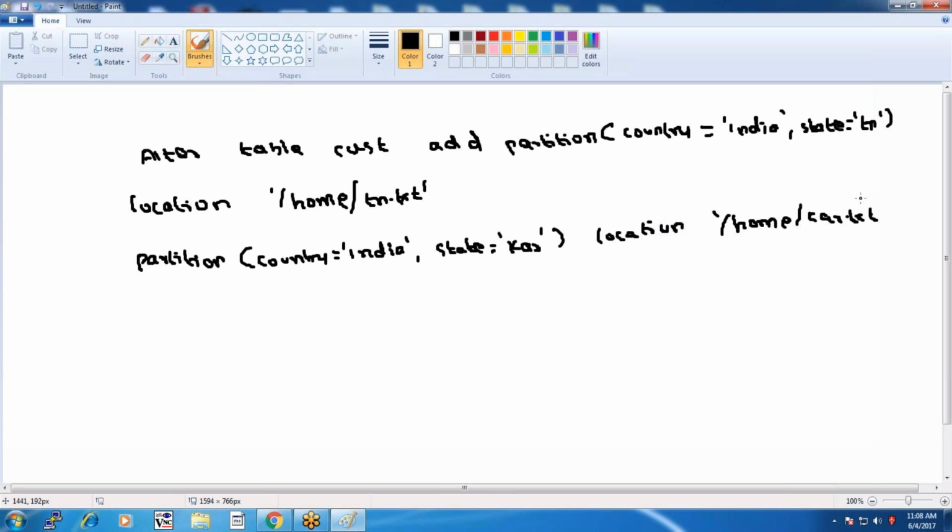Likewise, you can go and add the needed partition if you have the data. The partition state is equal to Andhra. Okay, you can go on and add. At the end, it should be terminated with the semicolon. That's all. This is the way by which, using a single alter statement, you can go on add the partition as you like. Okay, so this is with respect to how to create an external table